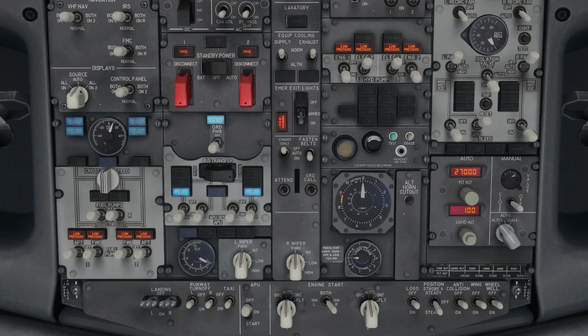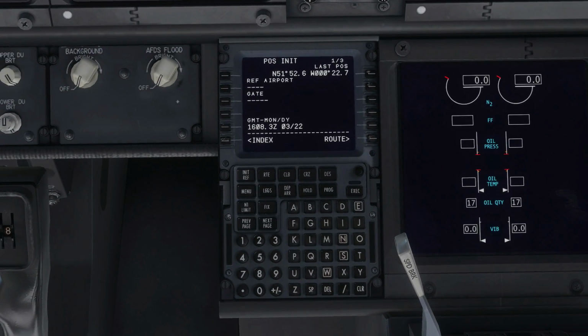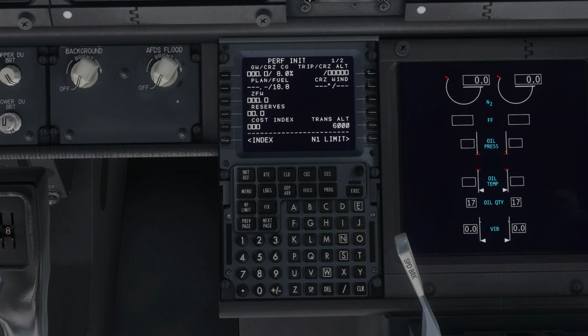So now we're going to go back into the FMC and we're going to basically set up our route. So we're going to say we're going from Luton Airport, which is my hometown, and our destination is going to be, let's say, Gibraltar. Okay, then after that we'll go into our perf,